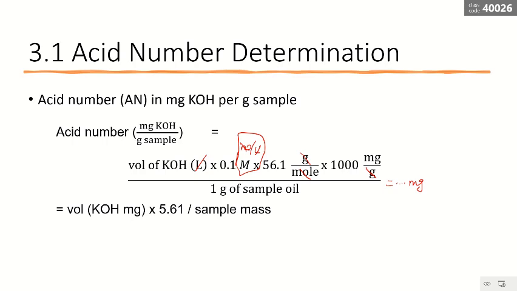If we are all good with this part, then we can see the volume in milligram. In milligram, this is 1 gram, it's 1,000, okay? So if we are going to change this liter to, let's make it clear, okay? So this volume of the milligram, the KOH, times this one will be divided by,